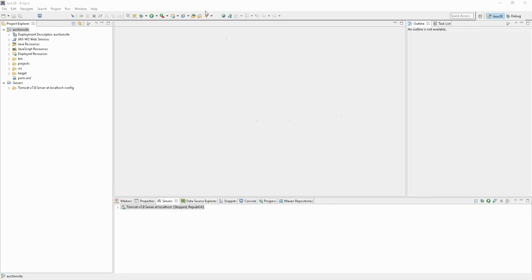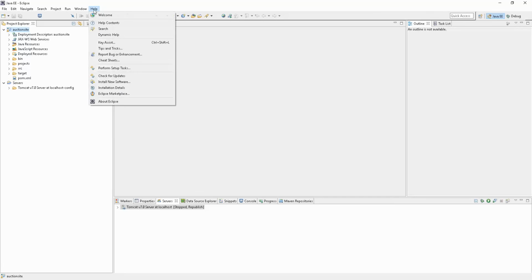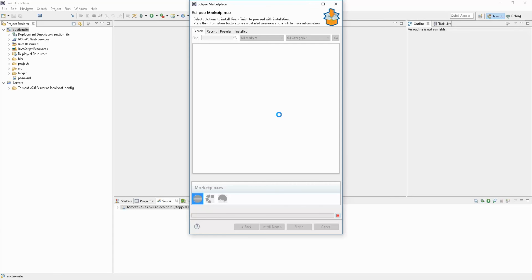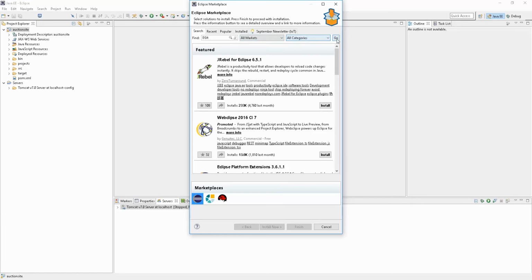The first thing that we need to do is to make sure that the tools are installed to access Git from Eclipse. We have our Eclipse project up here. There's a package called eGit, and we're going to make sure that we have that installed in Eclipse for us. So we'll go to Help and then Eclipse Marketplace. This Marketplace has a variety of different tools and plugins for Eclipse that we can use. So I'm going to type in eGit in the find box here, and then click Go,